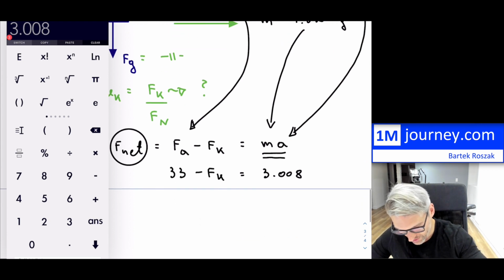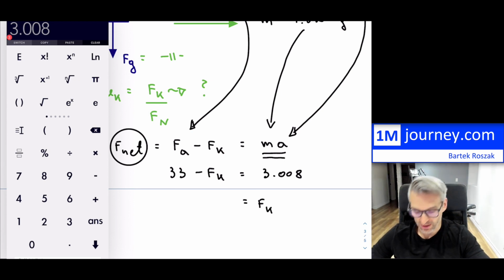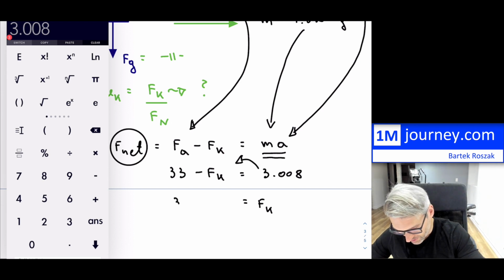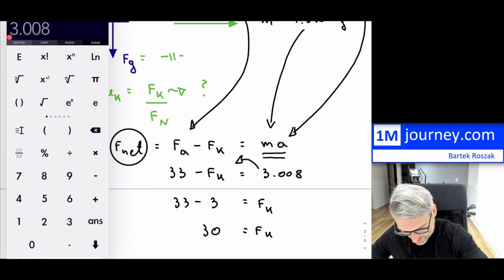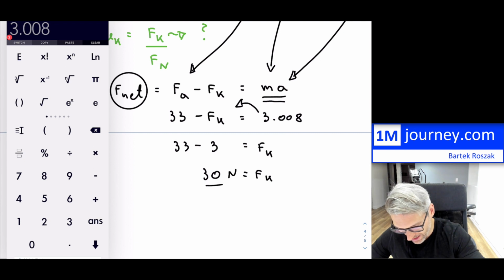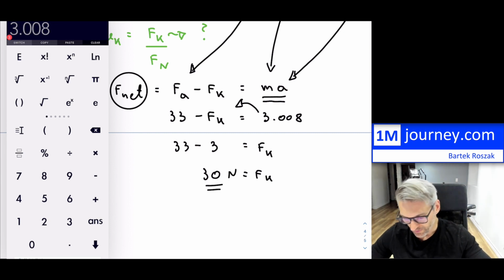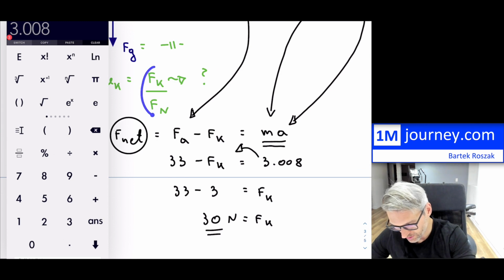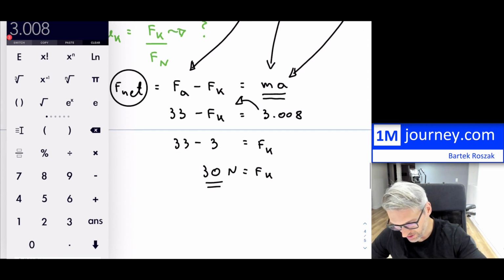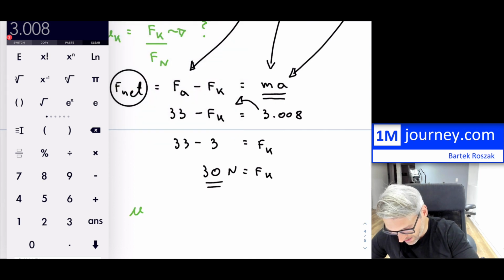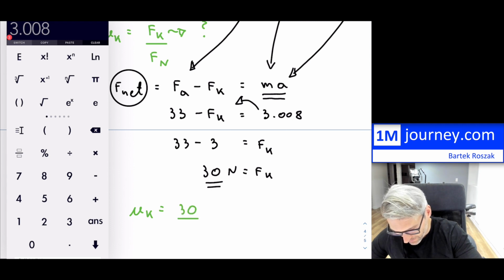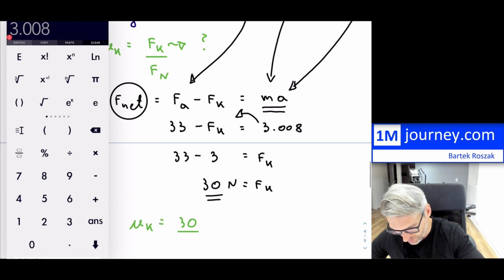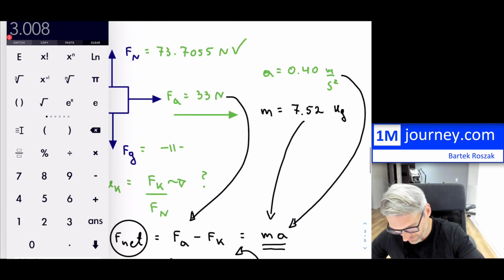Now you can rearrange this. If I bring Fk over to the other side, you get 33 minus 3, so this is approximately 30 newtons. That's my Fk. Once we have that, you can substitute it back into here. So my coefficient of friction is going to be 30 over, I keep forgetting,